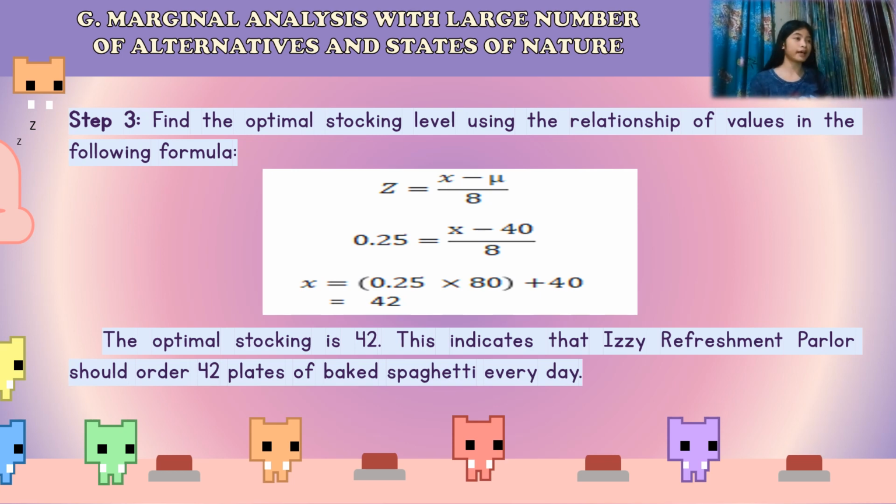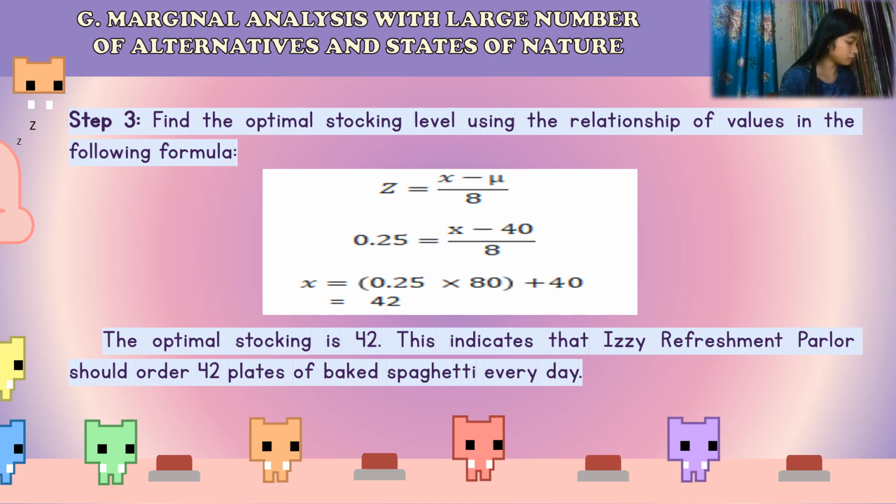Now, since ang hinahanap natin is yung X, or what we call the value of variable, or the optimal stocking level, we just have to move it or transfer it on the other side. And since fraction po yung nasa taas, ang kailangan natin gawin is ibaba yung numerator. So, since negative 40 siya, magiging positive 40 siya. While yung naiwan na 0.25 and yung 8 is ipagta-times natin. So, 0.25 times 8,